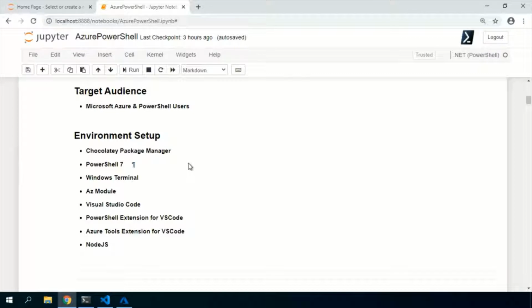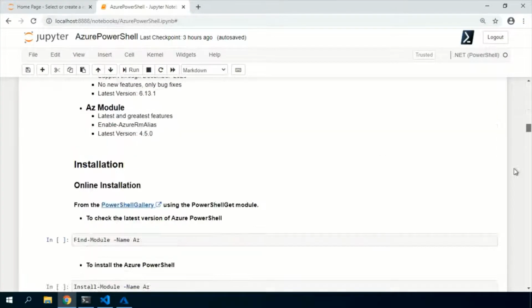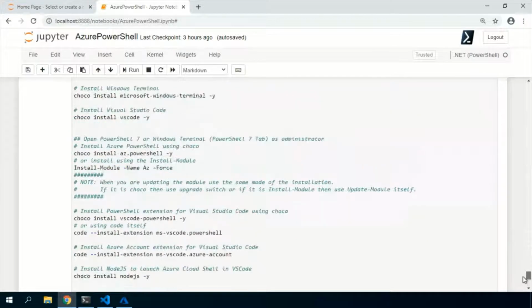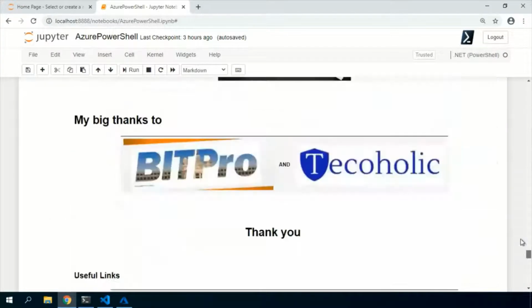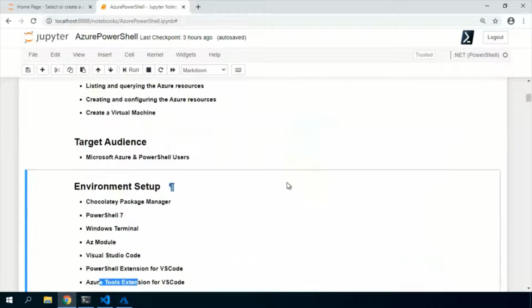To get a rich experience while you're working, you can install Windows Terminal and some Visual Studio extensions. I've given the complete script for the ways that you can install, but you can also install manually as well. All right, so with that, let me jump into the actual content.